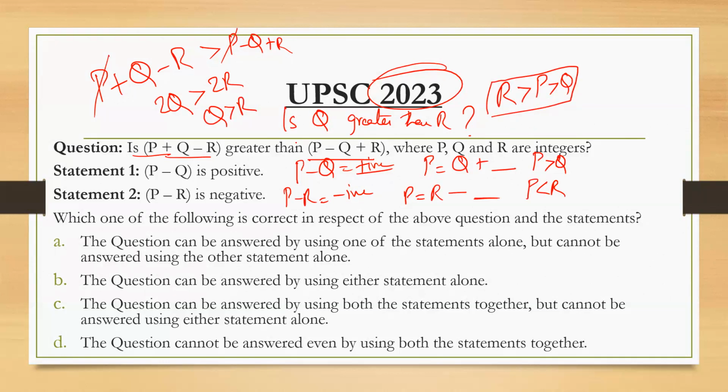Now the question asked is, is Q greater than R? So here I can clearly see it is not the case. R is greater than Q. So if I combine both the statements together, I can definitely say no. Is Q greater than R? No. So that can be answered by using both the statements together. Okay. All right. So if this is clear,